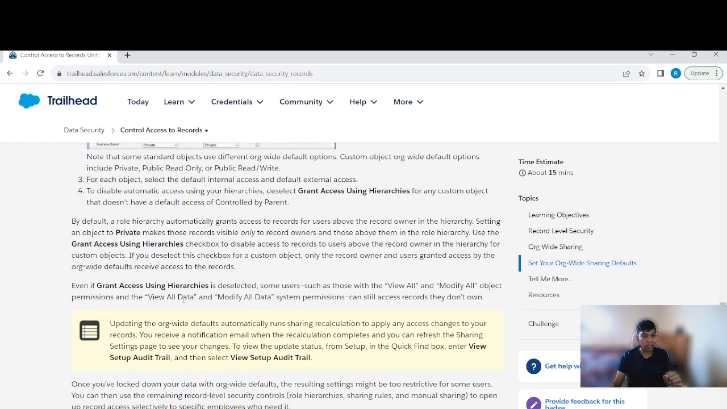Use the grant access using hierarchy checkbox to disable access to the record to users above the record owner in the hierarchy. Which means if you deselect this option, and I'm the record owner, only I will have access to the record. Even people who are in the hierarchical order will not have access to the record. But